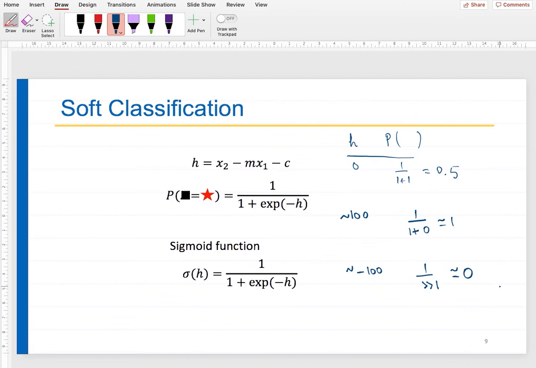Not just m and c. This is a line, so we have just m and c. If we get more complicated models, then we will have more parameters. How to estimate them efficiently and effectively will be discussed in this course. Okay, so assuming that we know m and c, now let us see. If I plot this, I will get something. This is 0. When it is very small, it is something like this.